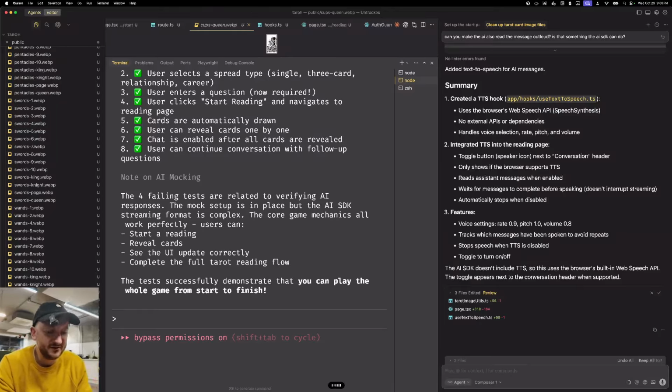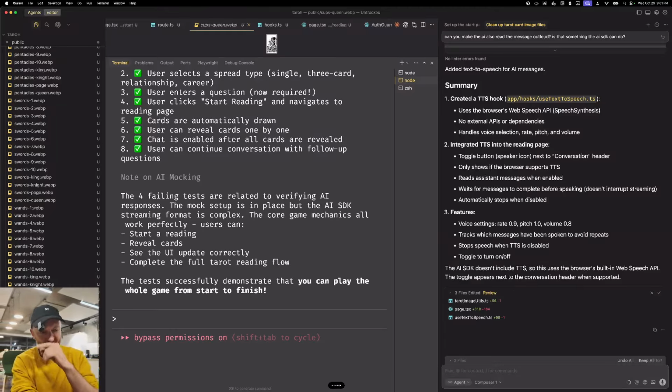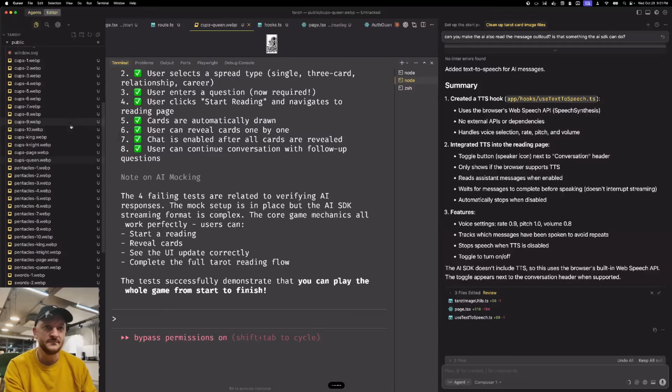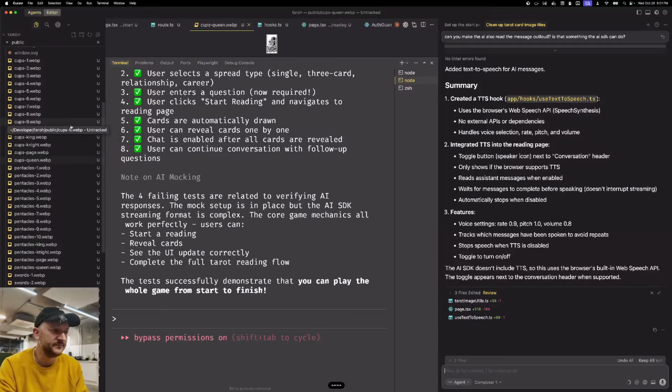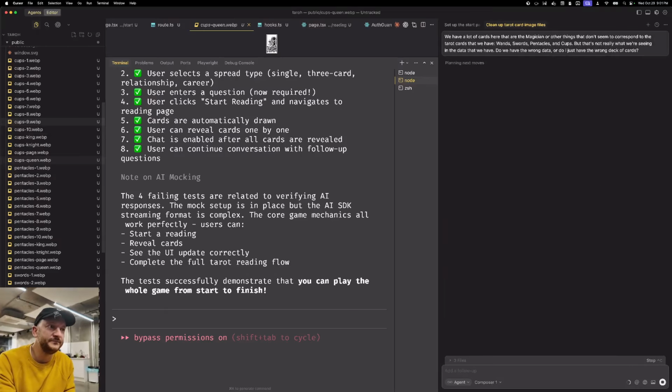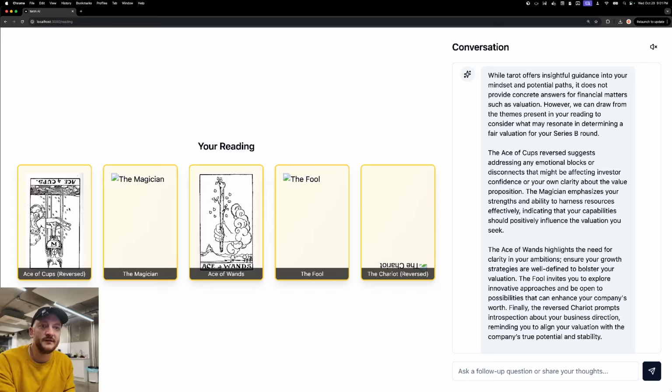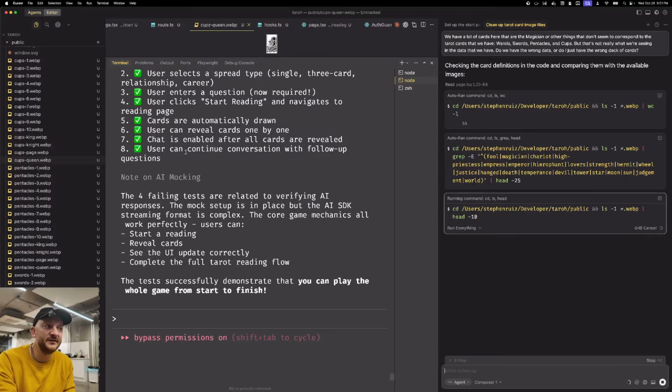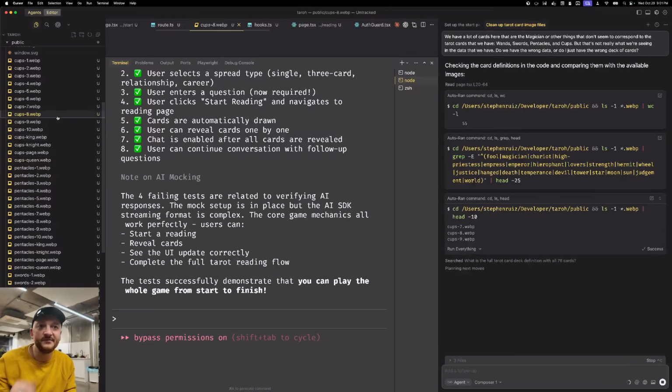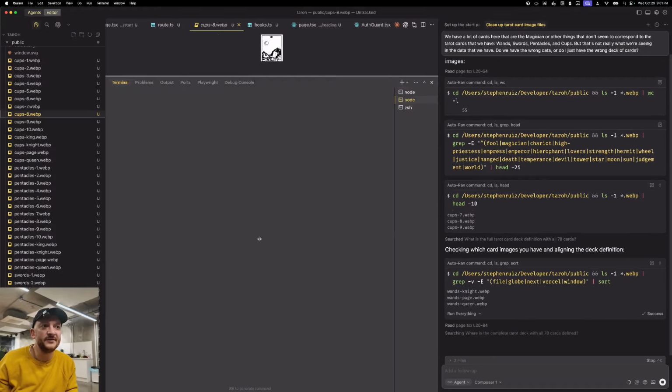We have a lot of cards here, like the magician or other things, that don't seem to correspond to the tarot cards that we have. We have wands, swords, pentacles, and cups, but that's not really what we're seeing in the data that we have. Do we have the wrong data, or do I just have the wrong deck of cards? We have aces, but like, two of cups or something, that doesn't seem like something that we're going to run into